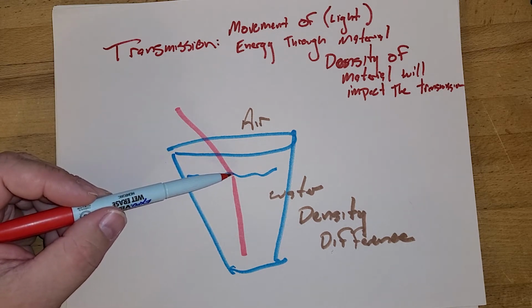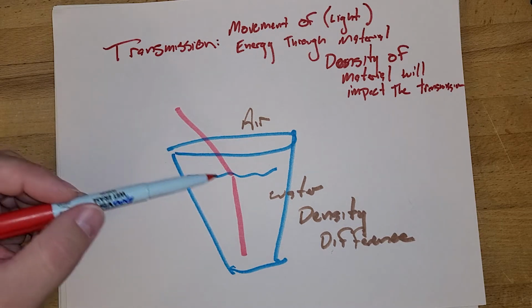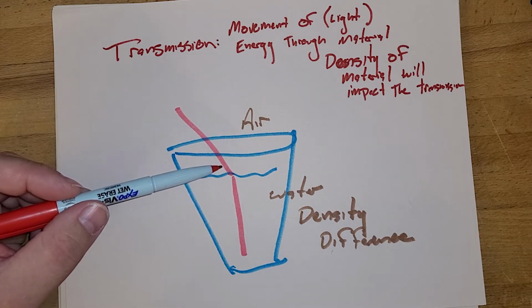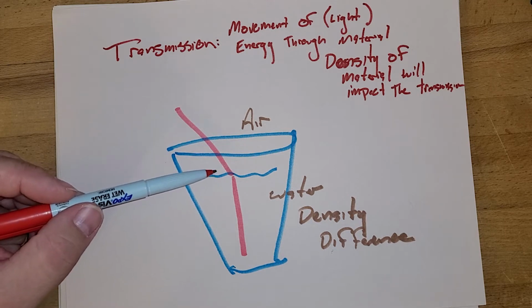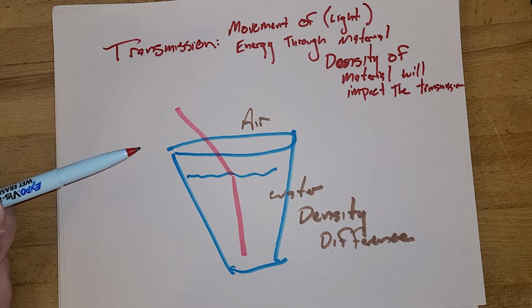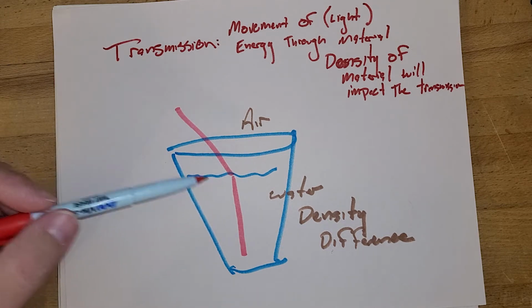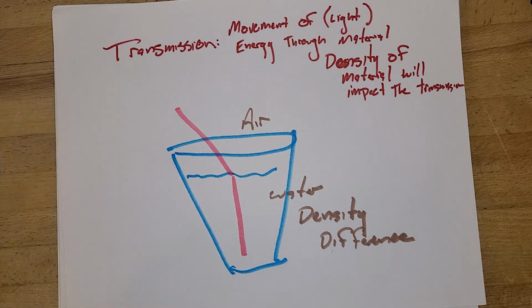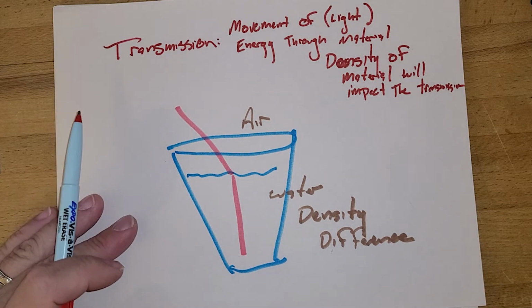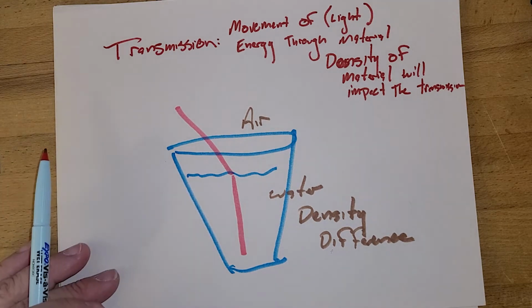We see the same thing if you're ever cleaning out a swimming pool, you put that pole down in the water to vacuum out the bottom. And depending on where you are and how the light is hitting everything, it might look like that pole is actually bending there at the surface as well. So does this happen in our atmosphere? Oh boy, does it ever. There are a lot of great examples of bending light energy, and I want to talk about a few different ones.